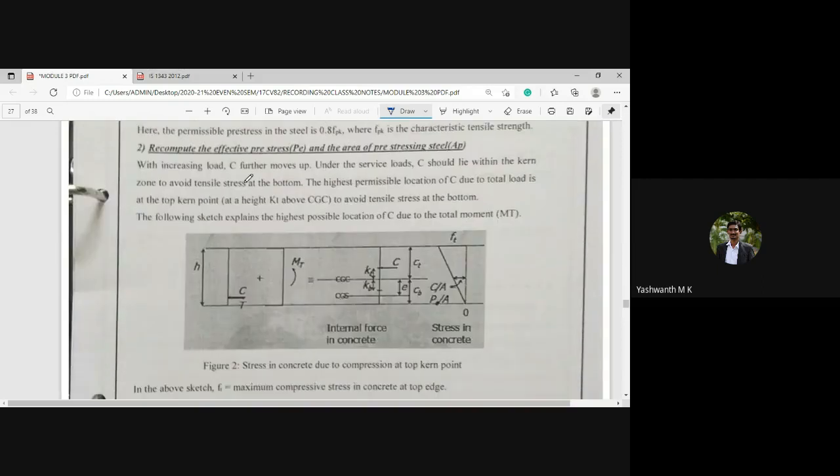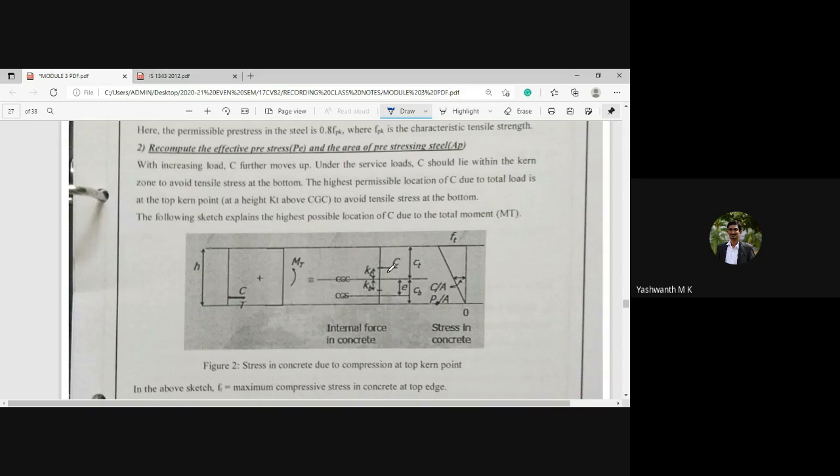How? With increasing load, whatever it was coinciding with, now the total moment comes into the picture. Under service load, C should lie within the Kern zone to avoid tensile stress at the bottom. Whichever C is acting at this particular junction, it will develop a tensile stress of 0 at the bottom.